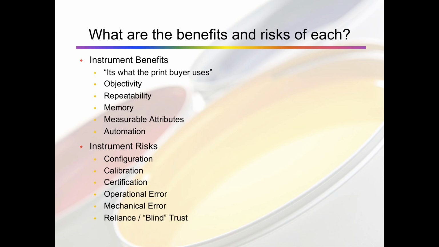So just like the eye, the instrument is also a tool. If your eye is telling you one thing that the instrument doesn't agree with, or your instrument is telling you something that the eye doesn't agree with, no matter which way, you should always do some kind of checking. So whether that's getting another person to visually look at it or another instrument to measure it to see if those two measurements line up, it's important, and we can counter those risks to use both tools effectively.